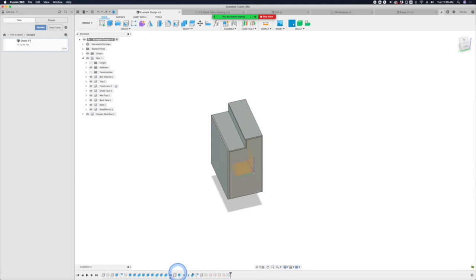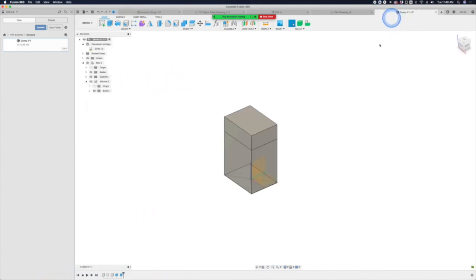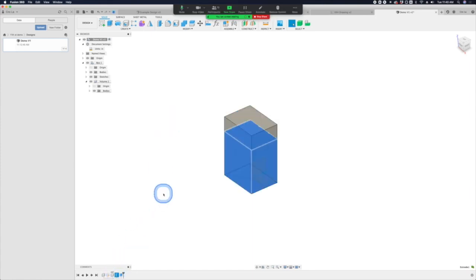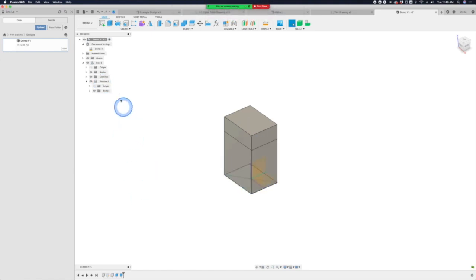Like, see how I've got a lot more stuff going on here, and this one's not bad at all. Sometimes you've got to scroll through this whole thing to find the stuff you want. All right, so then I'll show you, if you want to edit this feature, you can hover over it and it'll show you which shape, or if you click, it highlights what shape you're working with. So you can narrow things down that way, but it's just a lot easier when it's messy to just go